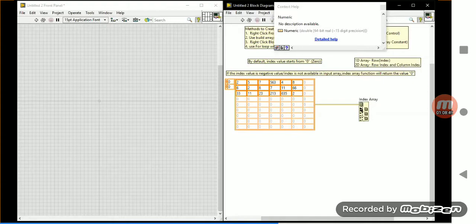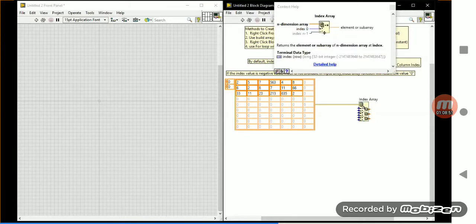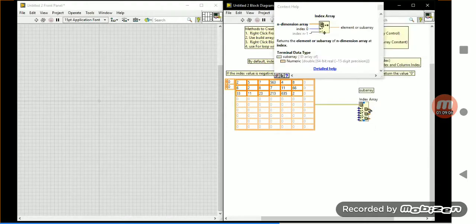Now, to connect a 2-dimension array as an input for the index array, see here you have the index row available and a disabled column available over there, okay? Can you see 2 indexes here? 2 indexes will be available, and after the 2 indexes you have one dashed line available over there, okay? Can you see it on my screen?